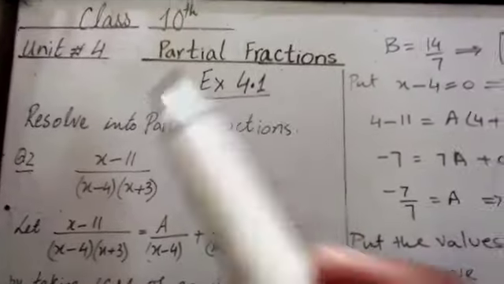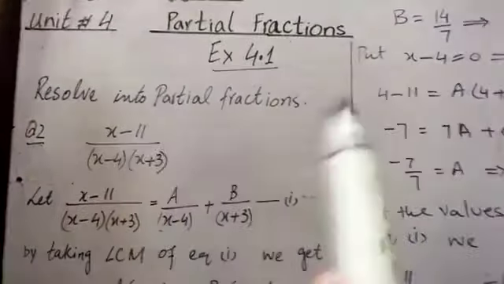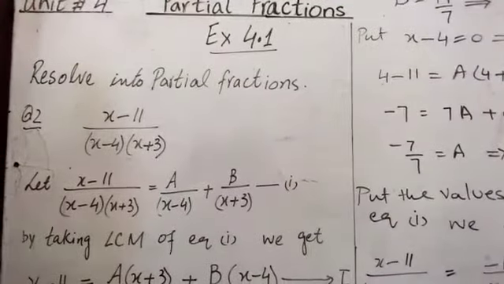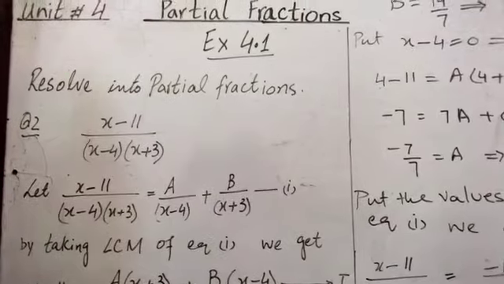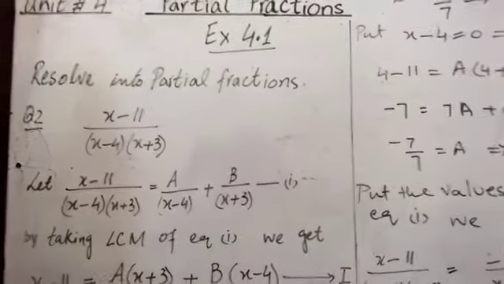Exercise 4.1 Partial Fractions. Resolve into partial fractions. Question number 2: (x minus 11) divided by (x minus 4) into (x plus 3). This is the given rational fraction. In this rational fraction,